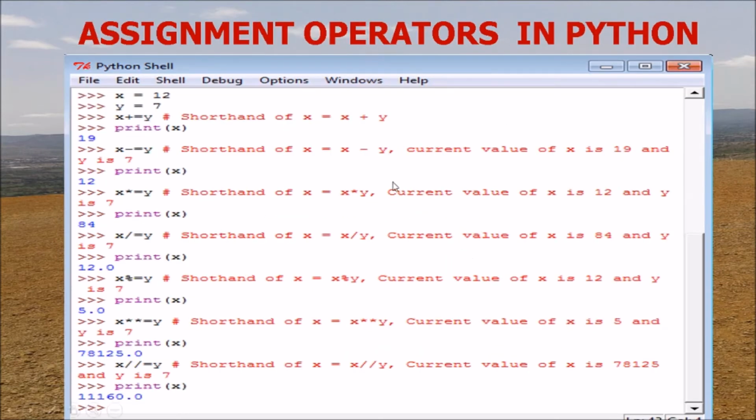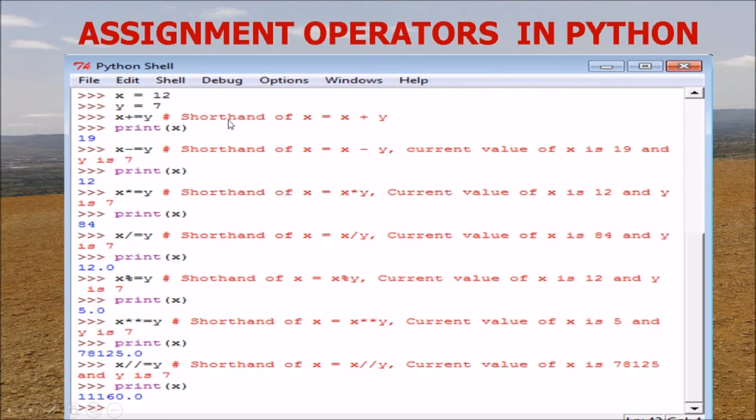Now next we have the arithmetic assignment operators, or the shorthands. So when we have x equal to 12 and y equal to 7, we write the shorthand plus equals, which is shorthand for x equals x plus y. It means the new value of x is the result of the old value of x summed up with y, and the result is stored in x.